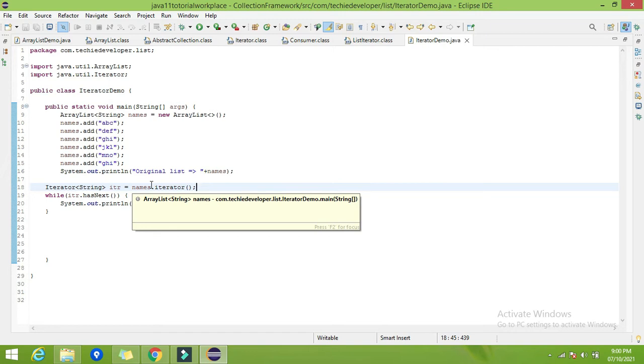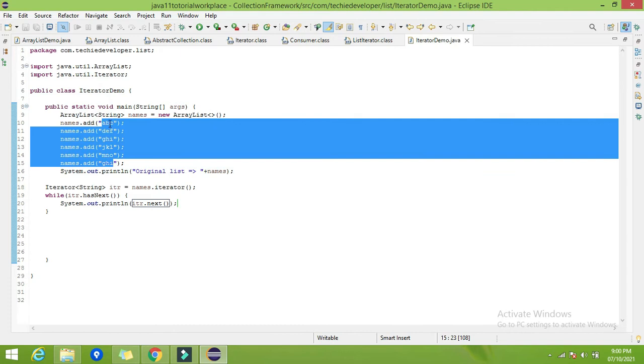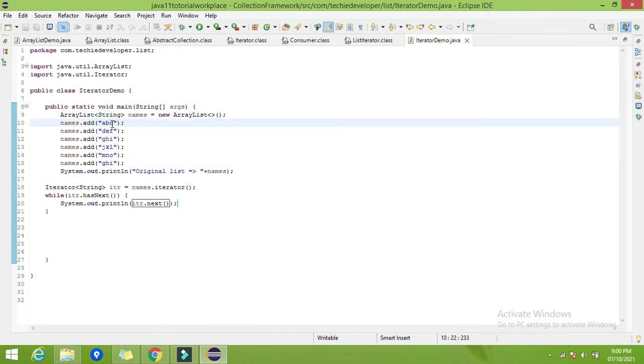Like, I want to create a new list which has the elements from this list only, but with each element appended with a particular string. Let's have a string as temp. So I want the elements as abc temp, def temp, ghi temp, like that.